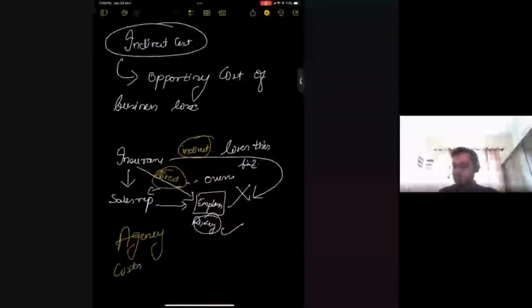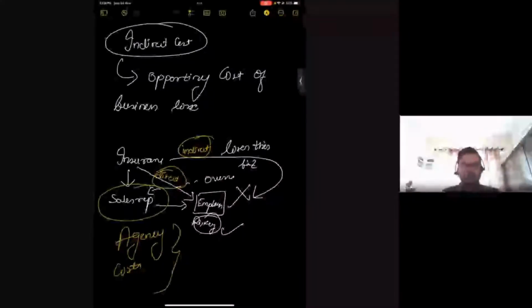And these costs would not be incurred in an ideal world where the sales rep only does the right thing. But of course, it's never going to happen. The sales rep will not do the right thing because his commission of 10% is dependent upon sales. He is not supposed to look after bringing good clients. His only objective is to bring clients, to bring revenue so that he can earn his own commission. So that's a major line of difference between the two, which becomes very important to understand, that there is a principal agent relationship and there's a principal agent conflict and agency cost that gets incorporated as a result of